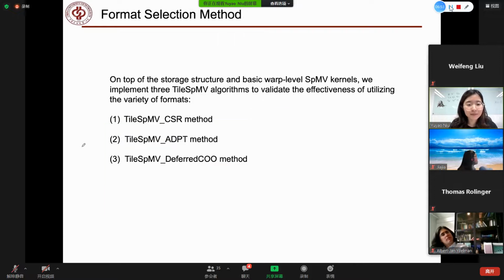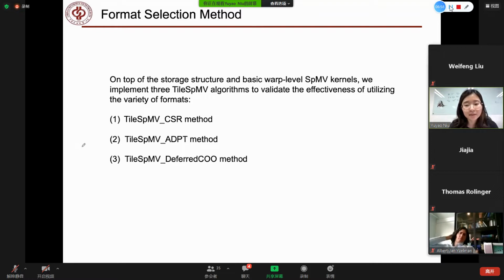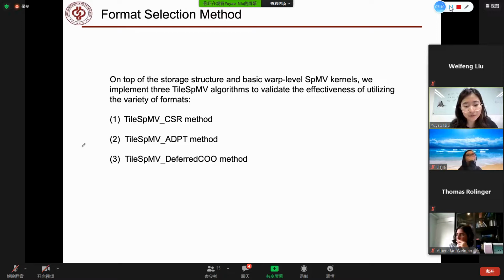better performance. And on top of the storage structure and basic 7 warp-level SpMV kernels, we implement 3 TileSpMV algorithms here: TileSpMV CSR method, TileSpMV adaptive method, and TileSpMV DeferredCOO method. The first one, the TileSpMV CSR method, always stores all the sparse tiles in the standard CSR format. So it is very simple. So we directly introduce our second